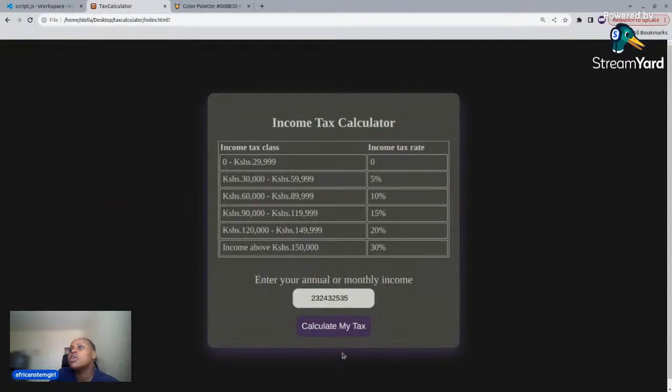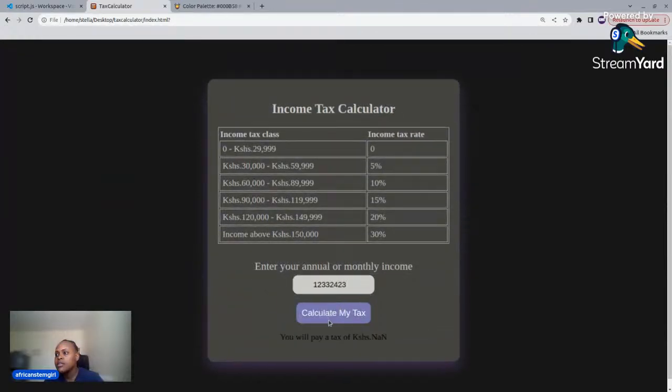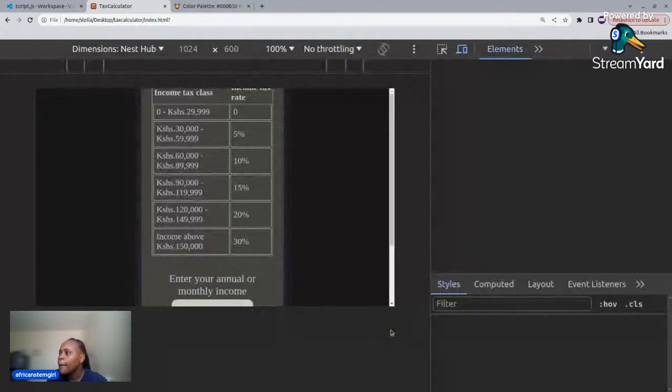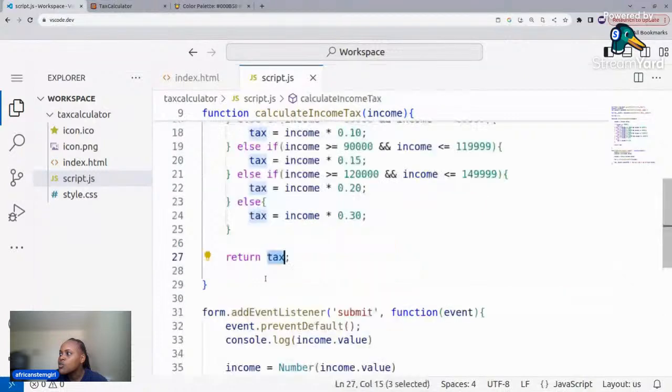I'll refresh so that it picks up the new code, and I will write my value and I click. So it's saying I'll pay a tax of not a number. Why? Let me refresh. I think I have an idea why. Because this is not a number. This is in string form. If I come here and I